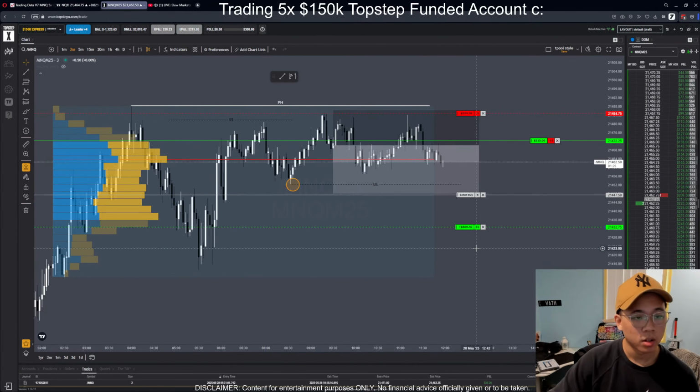Okay, we just hit the 12 o'clock 4-hour candle, it just closed. Let's just have a quick look at what's happening. It did look like it closed bearish, but it closed inside the previous candle, so it does look like it could be